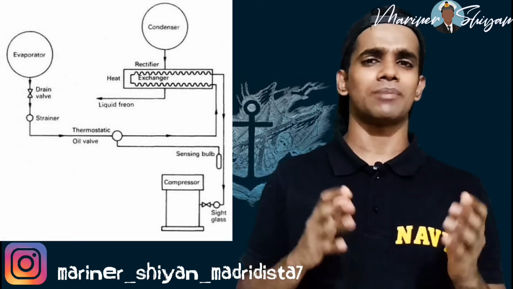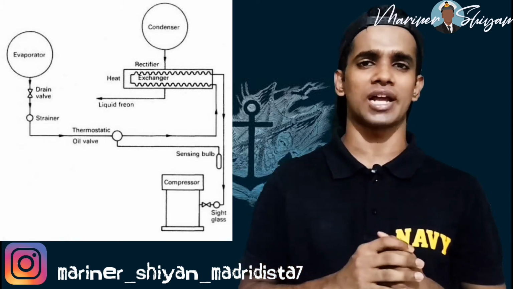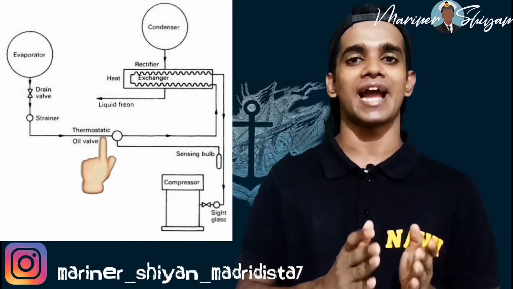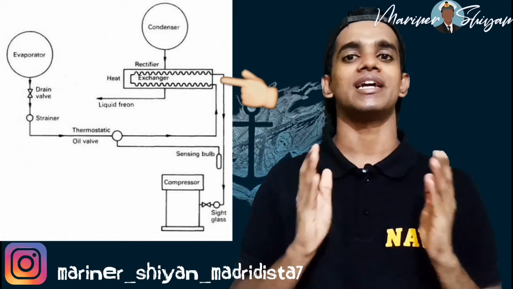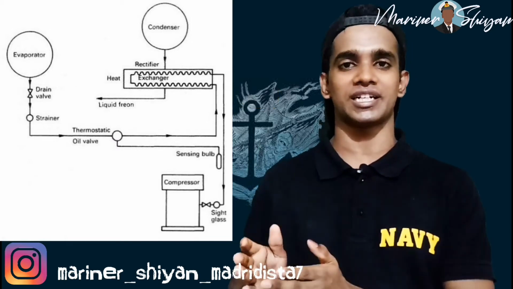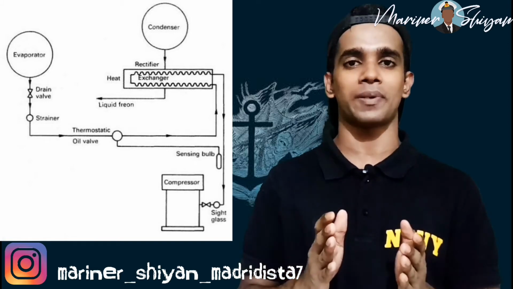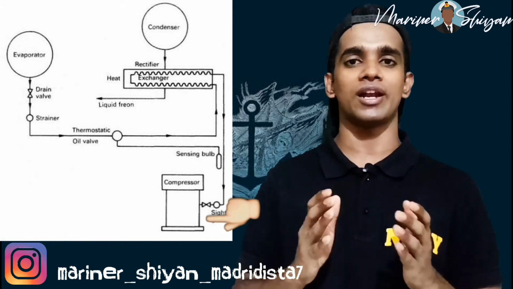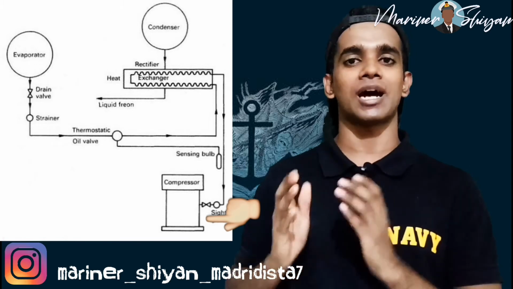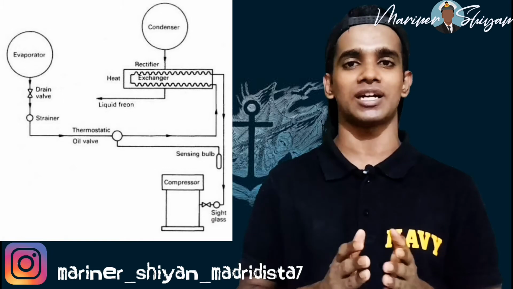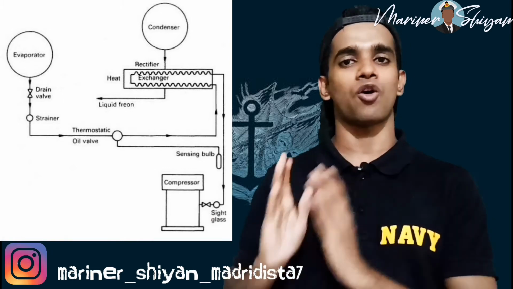So this is how the marine oil rectifier system looks like. The oil from the evaporator automatically bleeds and comes to the heat exchanger. It is in the heat exchanger where the separation of the oil and refrigerant takes place. The refrigerant gets vaporized and comes to the suction of the marine compressor, while the oil gets swept down and comes to the sump of the marine compressor. That's how the separation of the refrigerant and oil takes place.